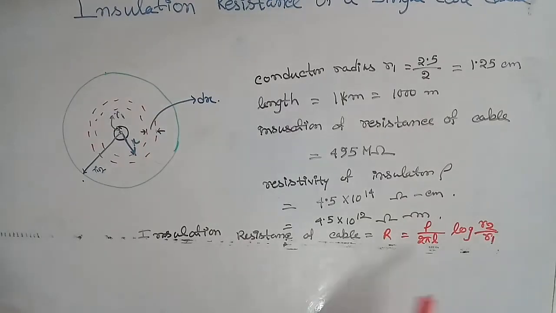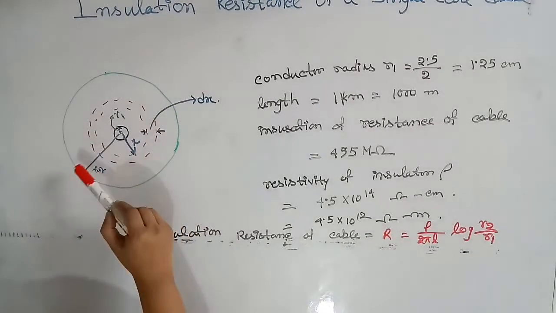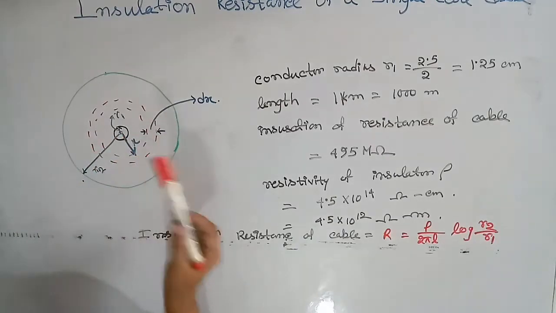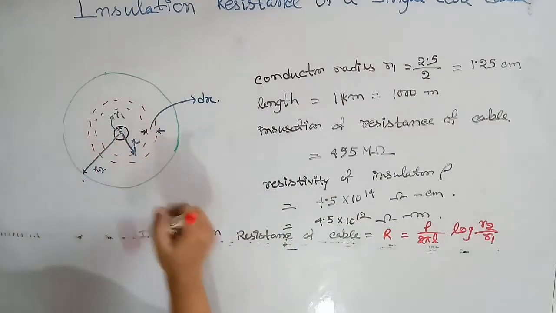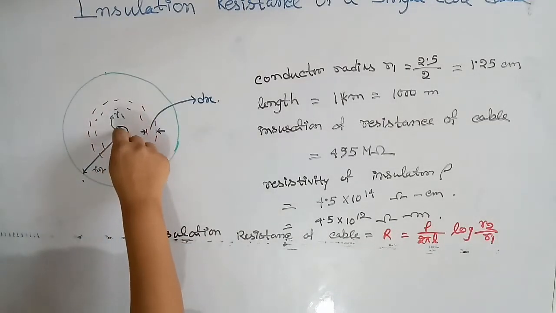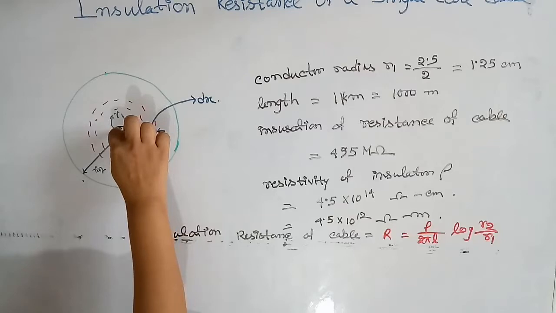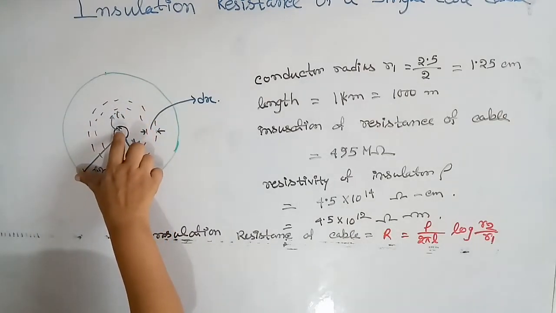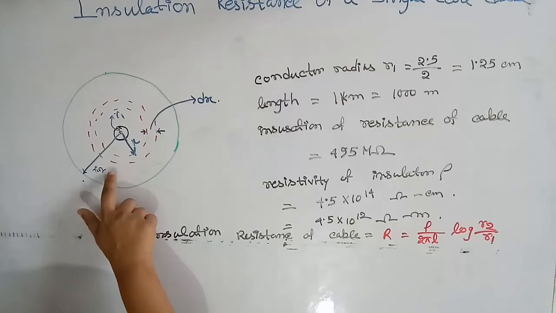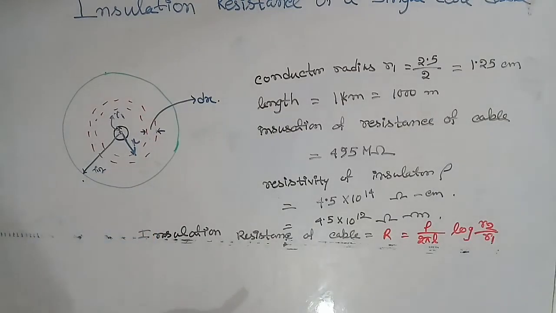Now we have to calculate R2, so that we can calculate the thickness. If we subtract R1 from R2, then we get the thickness, because R1 is the conductor radius, and R2 is the radius of the outer surface from the conductor center. So thickness is R2 minus R1. So we have to first find out R2.